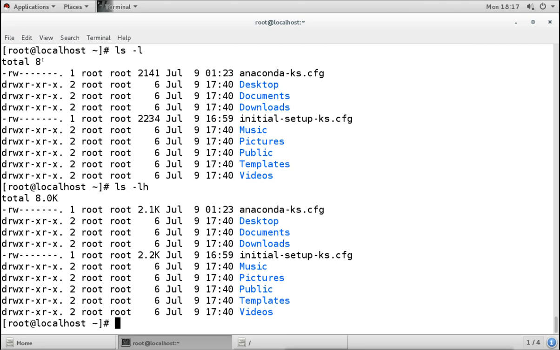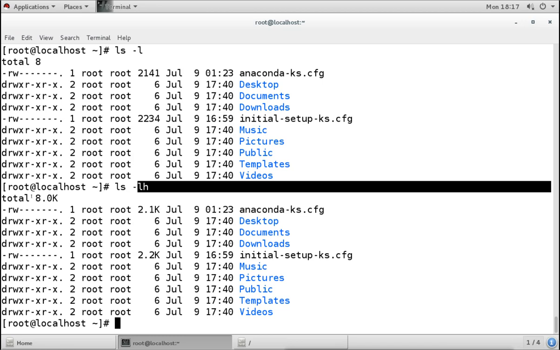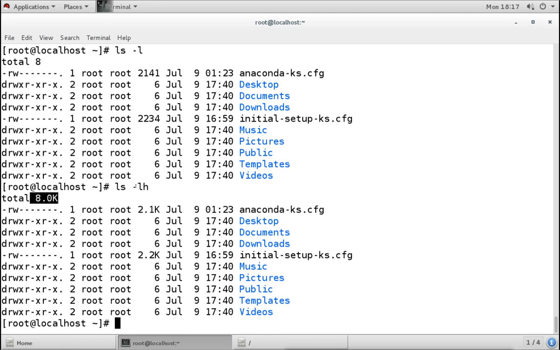We don't know. This is the file size here, but it is not showing whether it is KB, MB or GB. Now what does this h option do? It shows the size in human readable form. This h means human readable. And it is showing that this 8 is actually 8 KB, where this is 2.1 KB.